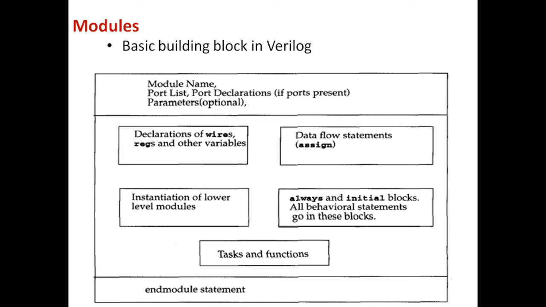That means these components can be in any order and at any place in your module. All these 5 components can be placed in between the module and endmodule statements. There is no certain criterion that one should come after the other. So all the components except module, endmodule, and module name are optional. That means they are fixed at particular places only, and the remaining components in the module can be placed anywhere. That is the definition we get from here.